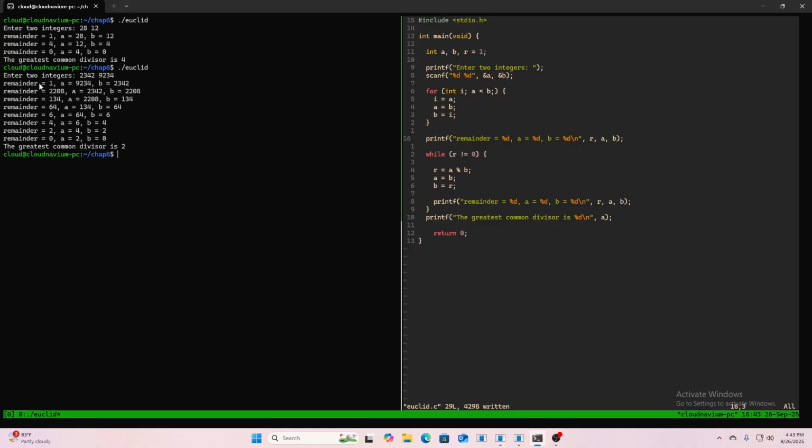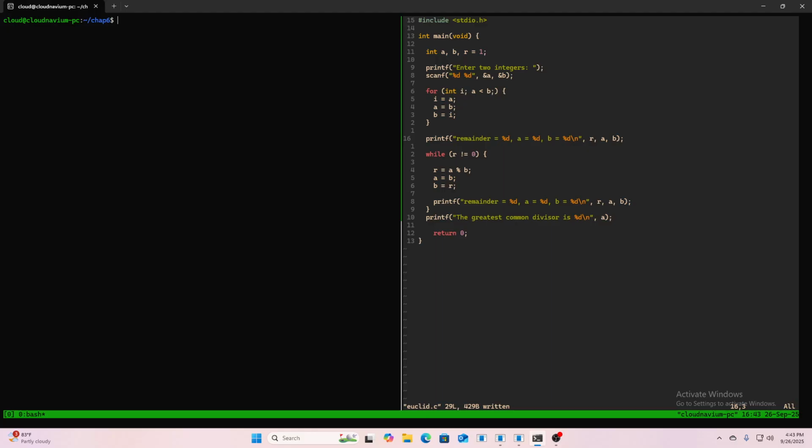All right, so how does this work? For the small example, let me just bring this back up. We do 28, 12. Here, I'm printing it out just so that it's easier for debugging, but essentially what the algorithm is doing, as represented in my code, is first, we're declaring our integers a, b, and remainder. We print this out, we take an input,